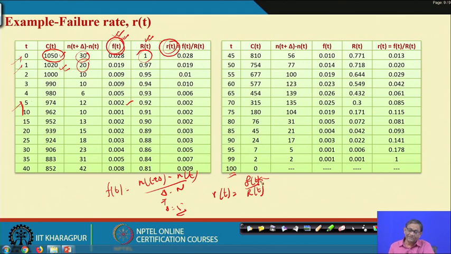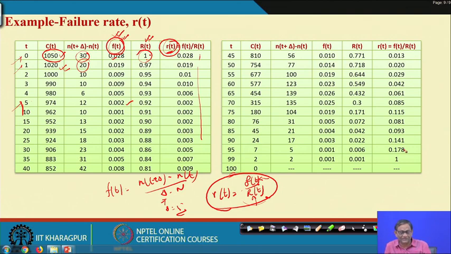or the other way, it is basically the failure density within a certain period, how many fail, and then R(t) is the survival function, this is the conditional part. So, you have f(t), you have R(t). So, small r(t) is f(t) by capital R(t). In this manner you have computed, and I am sure that you all will be able to compute this.